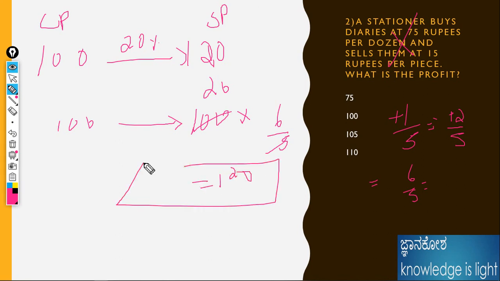Okay, like this I will do in future. Please observe carefully. If I want to calculate SP with respect to CP, at that time I will always make the shortcut like here. It's only 20%. I already know 20% means 1 plus 1 by 5, that means profit plus 1, 6 by 5 is coming. Understand how it is coming?